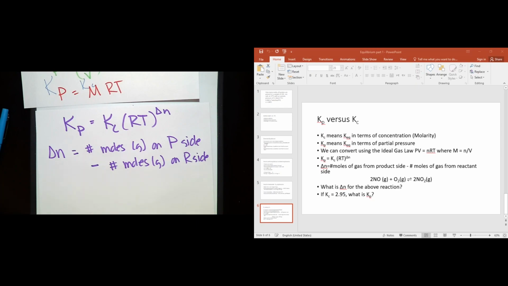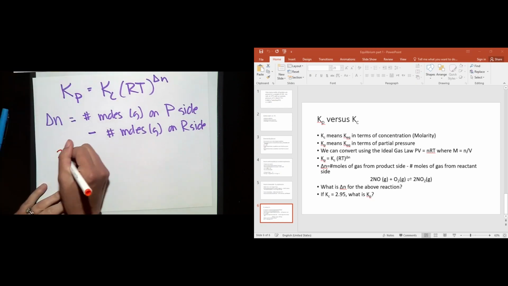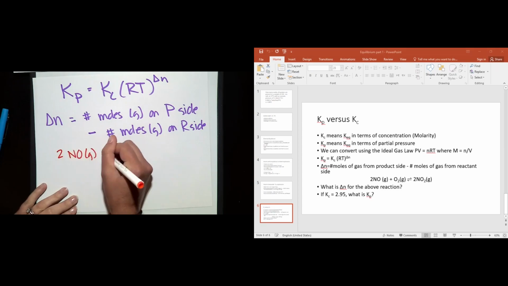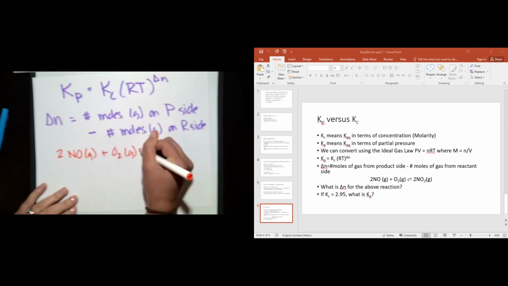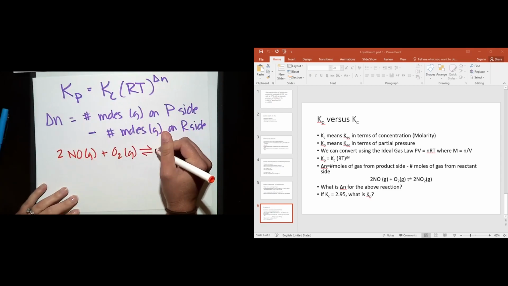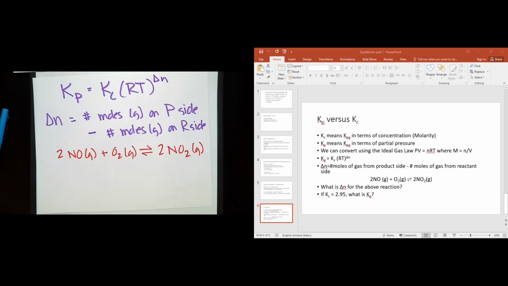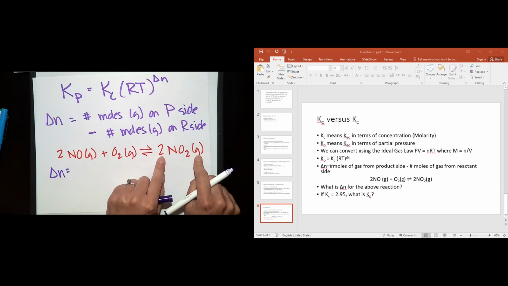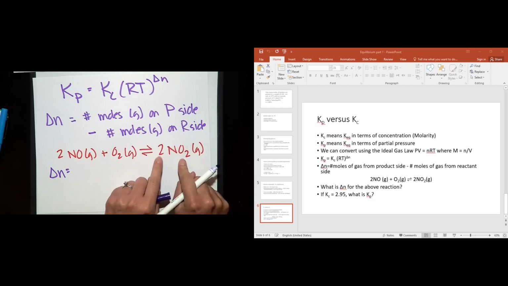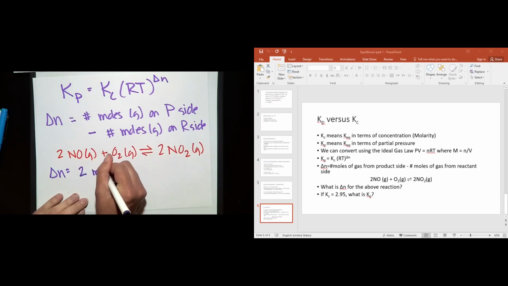Okay, so let's look at our example here in the slide. I'm going to rewrite this equation. I've got 2 nitrogen monoxide as our formal naming system, plus dioxygen gas in equilibrium with 2 moles nitrogen dioxide gas. All right, fun fact, one of these is laughing gas. All right, so what is delta n? Let's look at how many moles of gas. So I'm looking first for what has the letter g, the phase, after it, and then I'm looking at the coefficient. I only have 1 product, and it's a gas, and it's 2 moles. It's 2 moles of gas